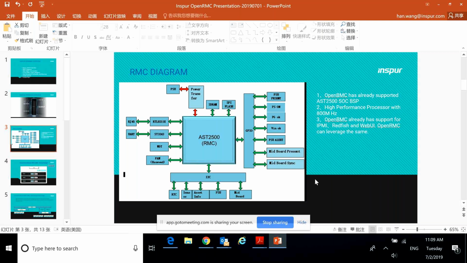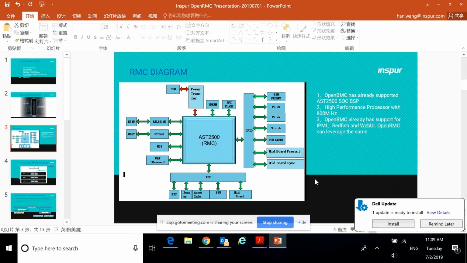Okay, so as we know, our OpenRMC module is based on top of OpenBMC. As we know, OpenBMC has very good support for the ASPEED components such as the AST2400 and 2500. OpenBMC already has support for IPMI, Redfish, and also some support for a web viewer, so the OpenRMC code can leverage